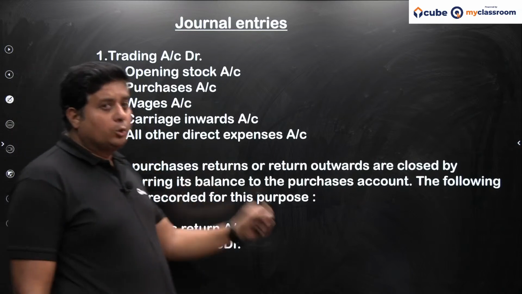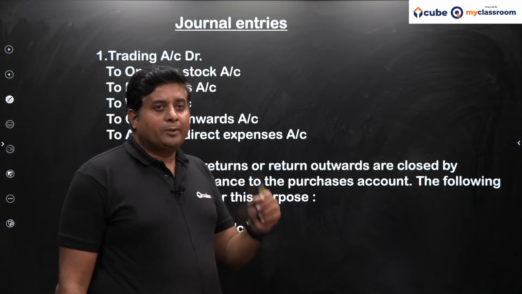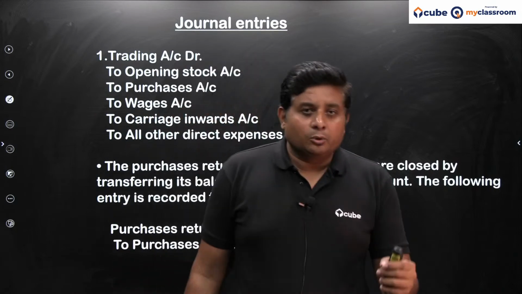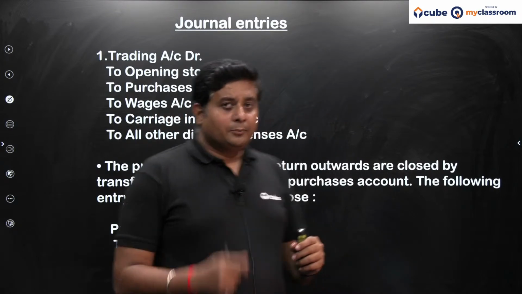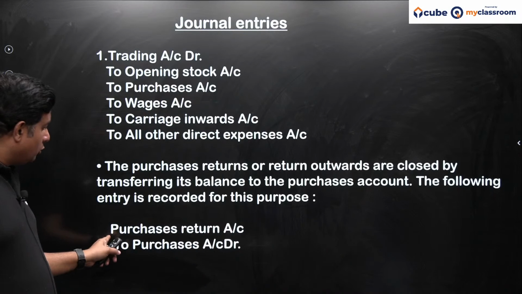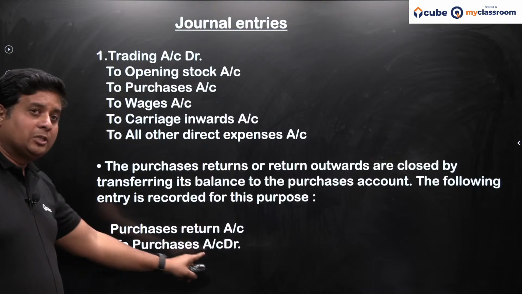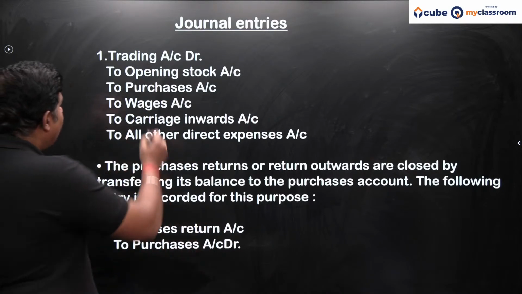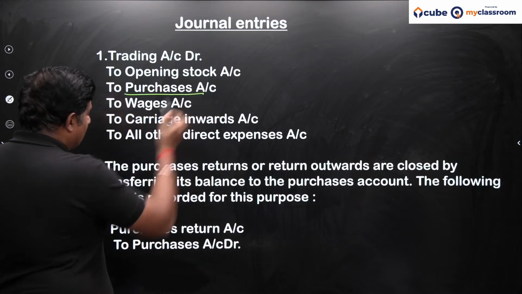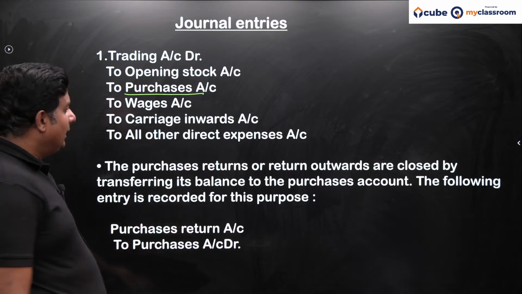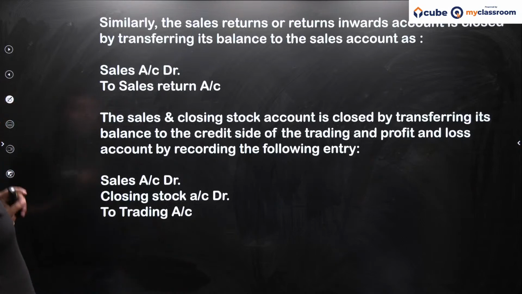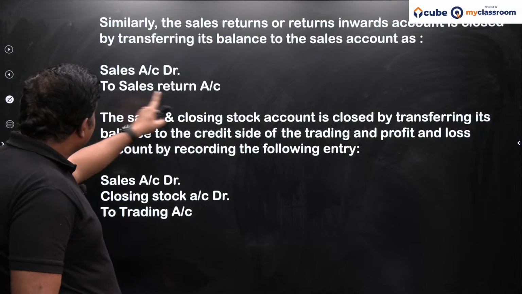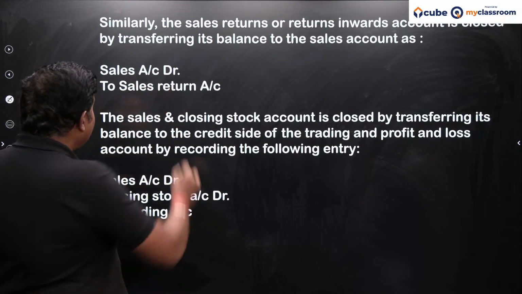Actually this is the closing entry of purchases return, because the balance of purchases return is always a credit balance. When we adjust it in purchases, the entry should be purchases return account debit to purchases account. So that is the reason why I have only written purchases over here, and I have not mentioned purchases return. Next one is sales account debit to sales return. Here I am trying to adjust